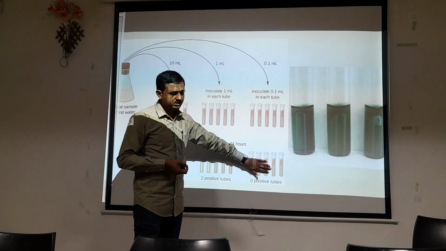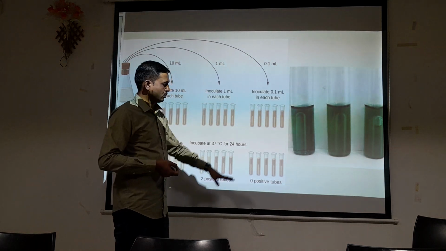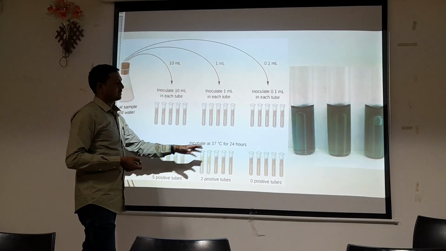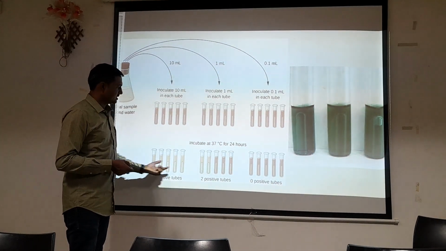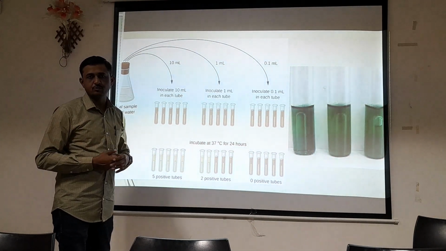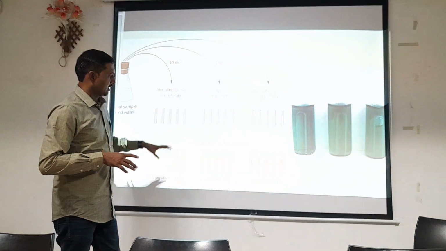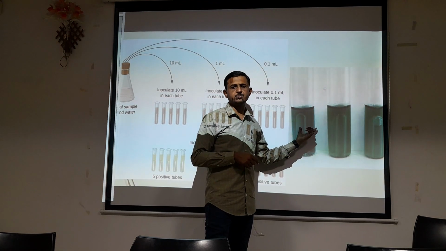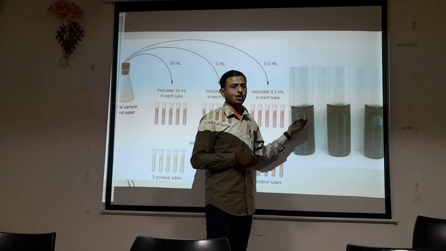So there is no acid formation and no gas formation. All these tubes, 5, 3, 8, are considered negative, while these 7 tubes are considered positive for the presumptive test. After recording this result, you have to inoculate a loopful of culture for the confirmatory test, where you use BGLB broth, that is, Brilliant Green Lactose Bile broth.